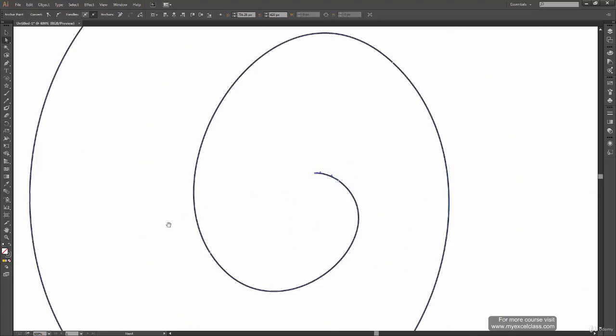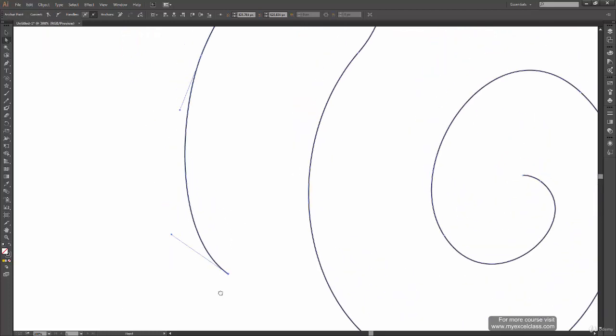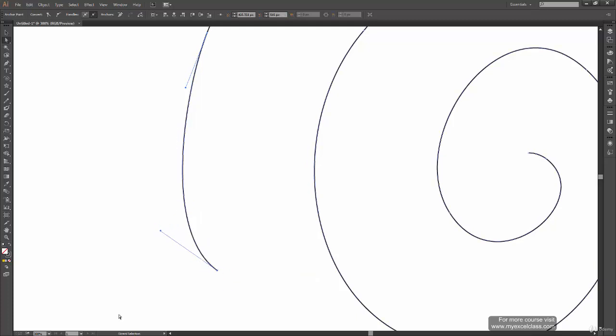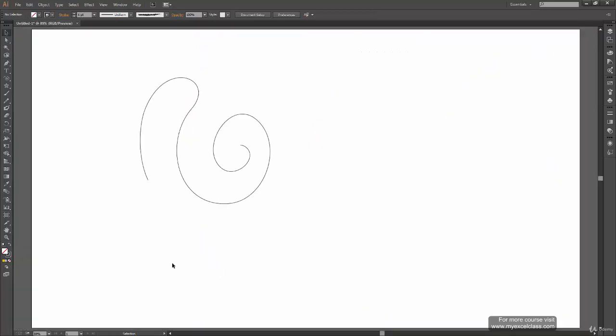Alright, let's go to the other end of the stroke and we'll make some corrections over here. So select this anchor point and move it outward a bit. And then move the control handle to change the shape and press Ctrl 0. Even over here we can make some changes, like extend this handle a bit, and yeah. So now my shape has changed and it has come out really properly, and there is even space between this and this over here. So that's how you can make changes to your existing shapes.